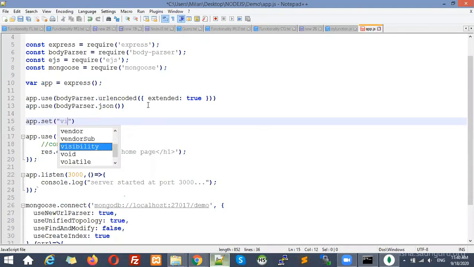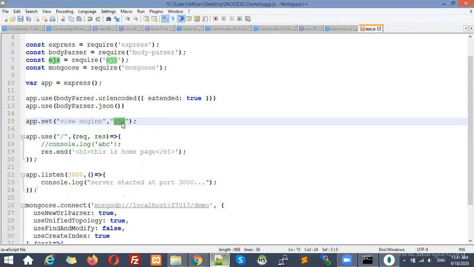So here I am going to mention view engine. Which view engine are we going to use? We are going to use EJS. There are lots of different types of view engines, also known as templating engines, right?